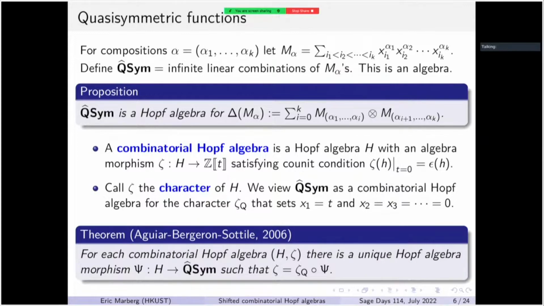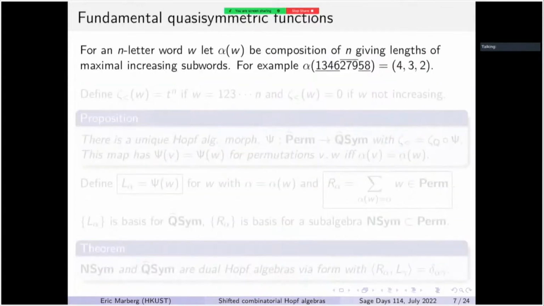So we have this theorem. It sort of tells us that quasi-symmetric functions are somehow fundamental, and you can write down what this morphism is, and it gives a way of constructing a whole lot of bases of quasi-symmetric functions. So here's the first application of this theorem: for an n-letter word, we derive this